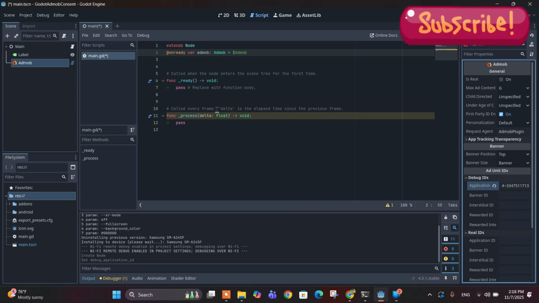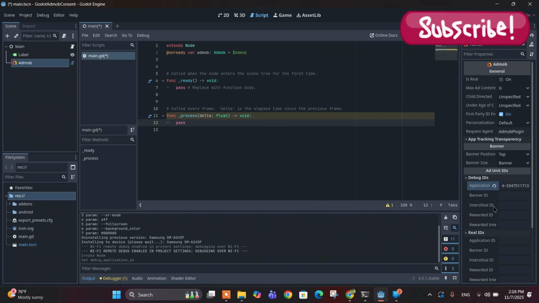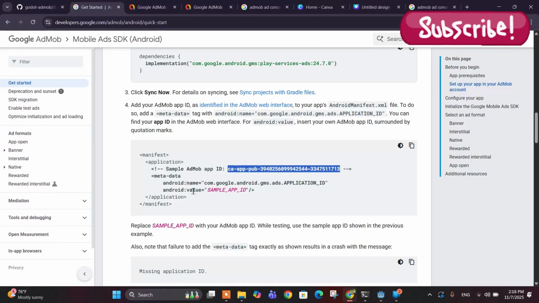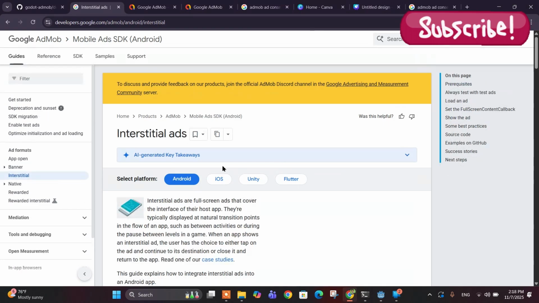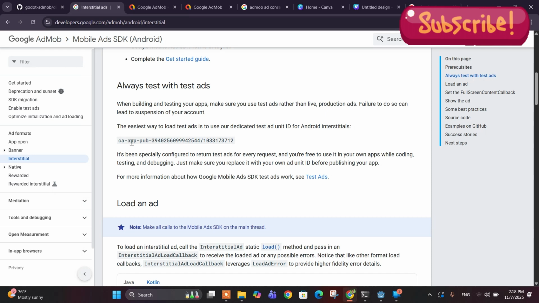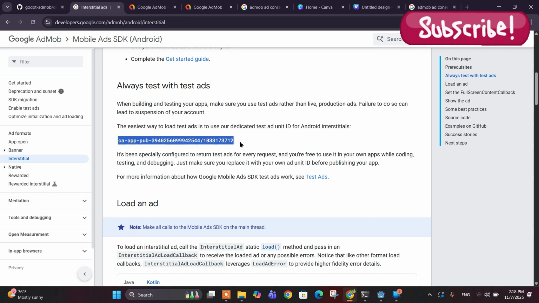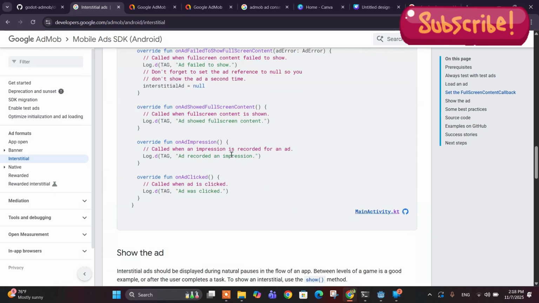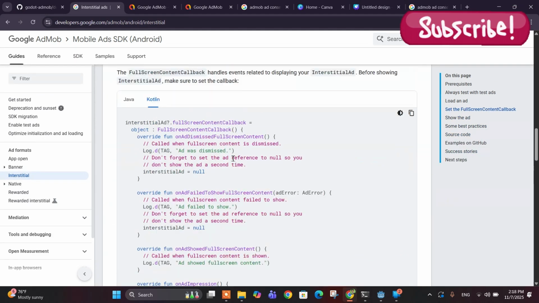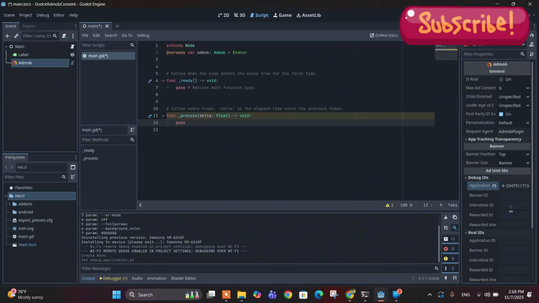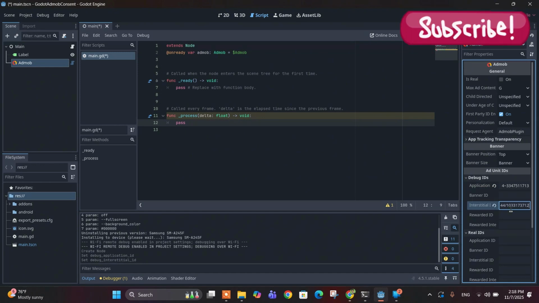Okay, and next I will also show you the one interstitial ad, whether it has been loaded or not after we have shown the consent screen. So for that, let me get some interstitial ID also. So for that, I'll just click on interstitial tab here, go downwards, and I think this is the code for the interstitial test ID. Copy it. Is it or not? Let me go downwards and check. I think it's, yeah. Go back to our project and add the interstitial ID, test ID,